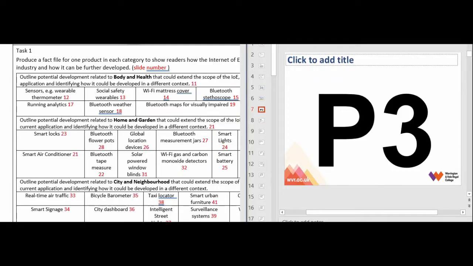Okay, we're going to look at P3 now, and for P3, which is the first part of assignment 2, we're already giving you basically all the information you need. It's a piece of independent research, but we're starting you off with a slide per device. So what we're asking you to do is basically go and independently research 5 devices